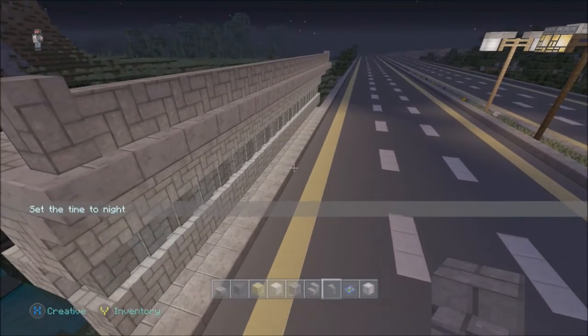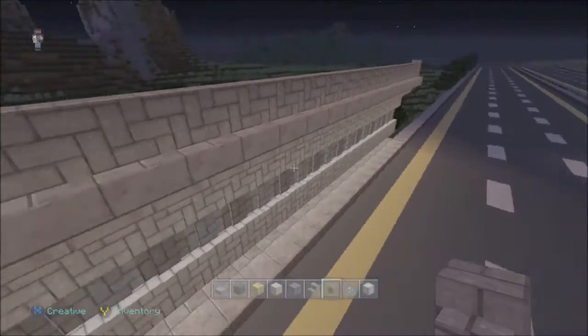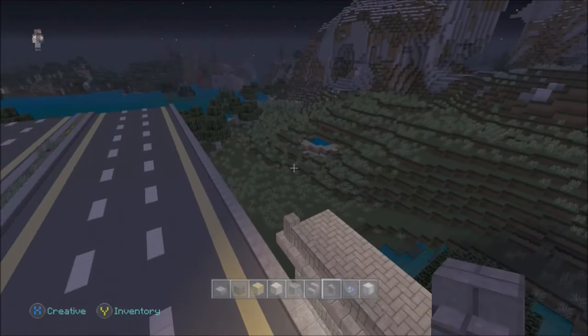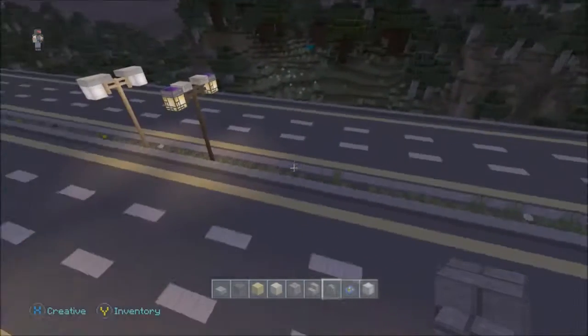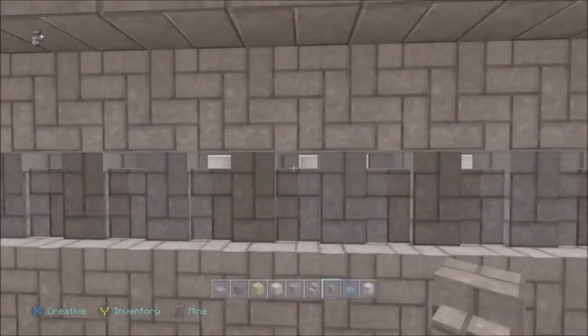So imagine this road, this wall built all the way down each side of the road. It's going to light it up really nicely, and the city is going to light up really cool in the night. Basically what I want to do is build a city where it looks really cool in the night as well. So kind of hidden glowstone will do wonders when doing things like this,